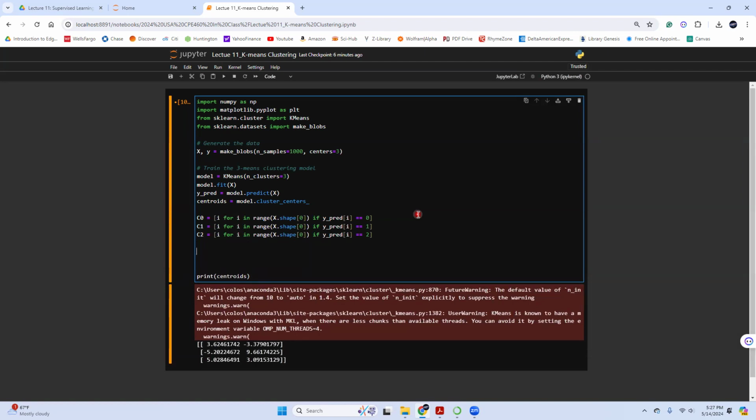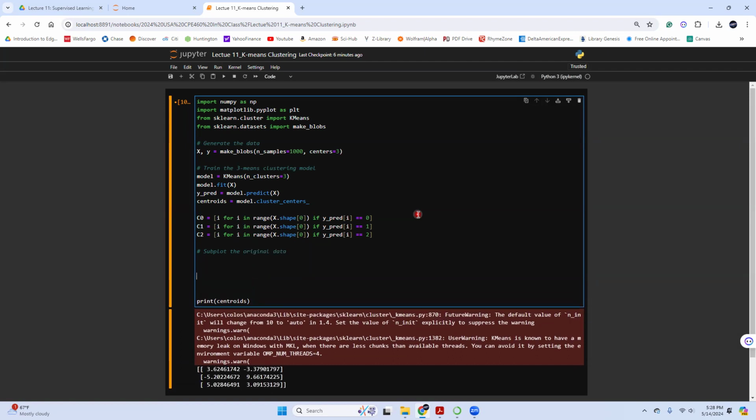Now I can subplot the original data first, and then I can subplot the data with predicted clusters. And the centroids, I will plot the centroids. Now for plotting the original data, it's extremely simple.